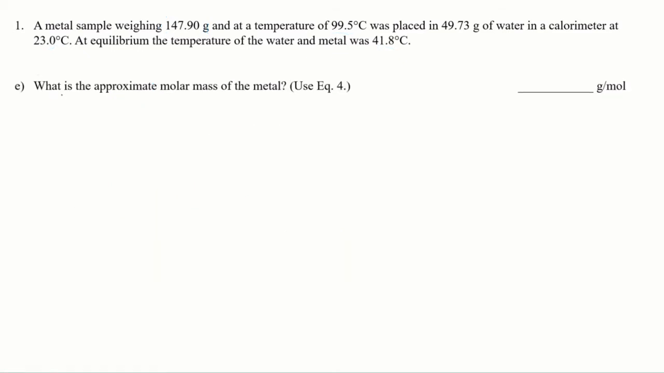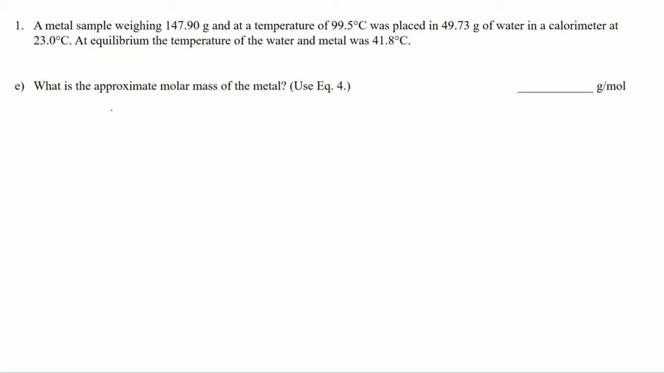Part E states, what is the approximate molar mass of the metal? And here it says use equation number 4. So if we look at equation number 4, that's the law of Dulong and Petit. Dulong and Petit discovered that metals require 25 joules of energy to raise the temperature of 1 mole of metal by 1 degree Celsius. This happened to a lot of metals. So this is an approximation law where we could approximate the molar mass of a metal if we know its specific